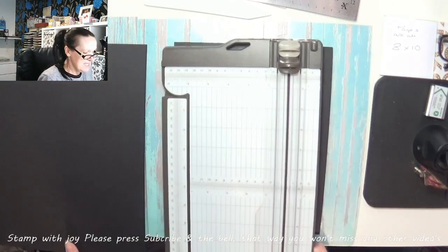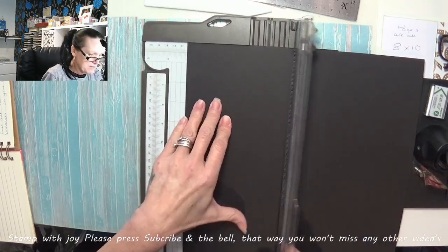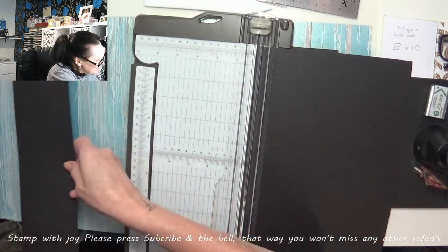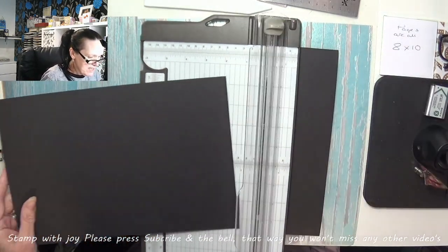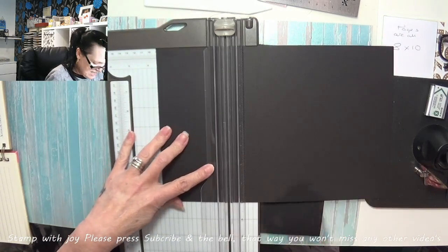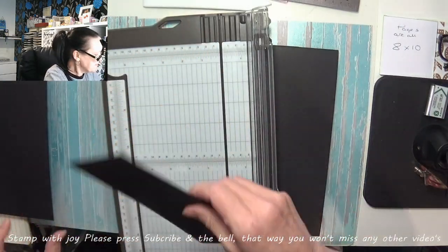Trimmer at the ready. I don't need to cut this. If I take 4 inches, that leaves me with 8, which is perfect. Looking great. All these spares will go on the side here. We'll use them for something else. So I want it by 8.5. I'm going to cut this off at 3.5, which gives me 8.5. And I want 2 of those